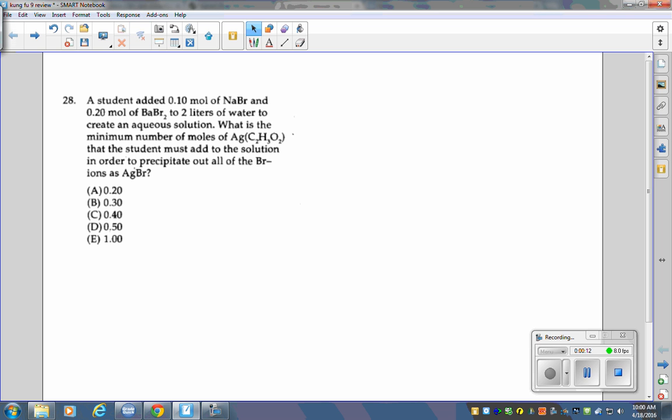So one of the things you have to definitely be able to do on the exam, the FRQ or the multiple choice, is gravimetrical analysis. Remember when we took the calcium out of water? Remember the good old days? Hard water lab, right? So the first thing you do is when it talks about precipitating out, you write out